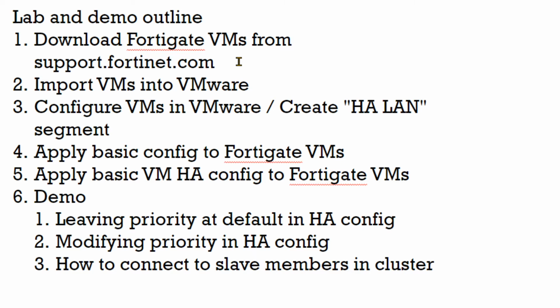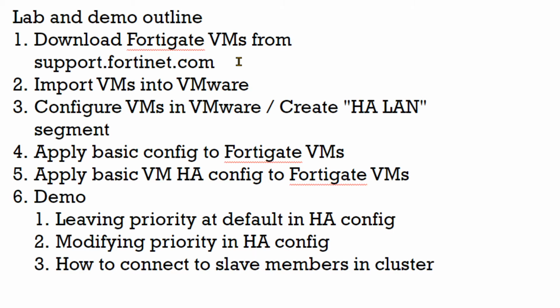And for the demo, I'm thinking, let's take a look at what happens if we leave the priority in an HA config at default. It's unpredictable. You don't know which of the FortiGates is going to become the master. Number 2, we're going to modify the priority so we can predict and control which FortiGate becomes the master. And then number 3, I'll show you an extra little thing there that I think is really useful because, again,